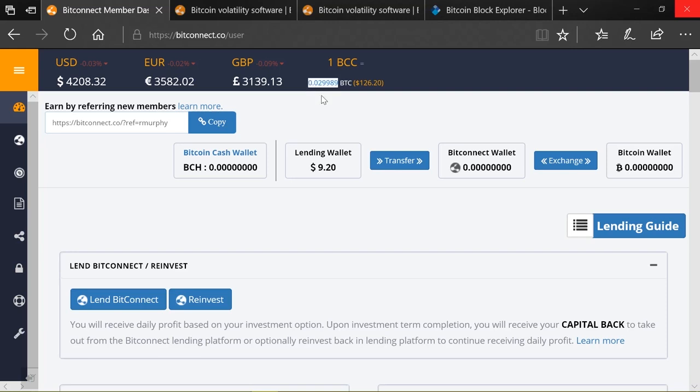Now when I bought into Bitconnect for the first time and brought my Bitcoins over, my exchange rate between the two was 0.027. So as long as this figure keeps going up, so the next logical step would be 0.03 or higher, that is the only thing you need to be worried about when you're talking about your investment in Bitcoin versus your investment in Bitconnect. Now Bitconnect will always go up, but it has to be in relation to your investment, which is, the parity has to be correct. So that's the Bitconnect coin.